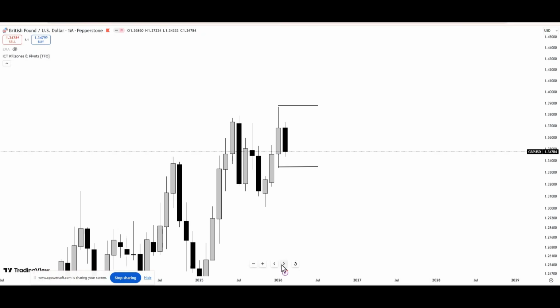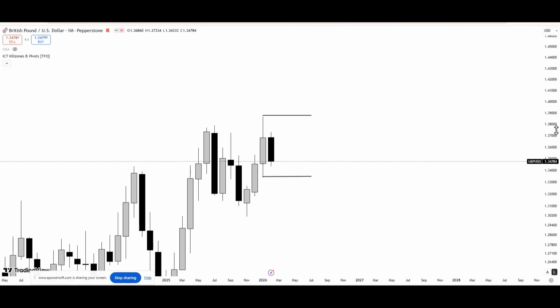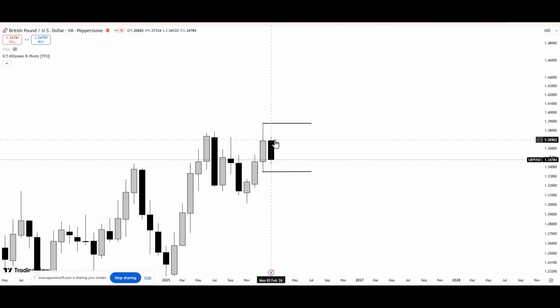So let's look at GBPUSD and we'll start with the monthly time frame. Again, the same thing. You can clearly see it closes an inside month. We did not take out previous month high and price also did not take out previous month low. But you can see GBPUSD, if you compare it with Euro USD, is more bearish. GBPUSD and Euro USD are positively correlated, which means we want to see these pairs move in the same direction. Well, they are negatively correlated with DXY, which means we want to see them move in the opposite direction.